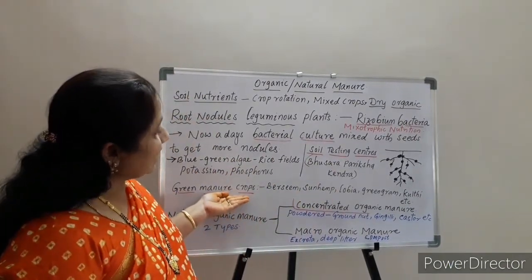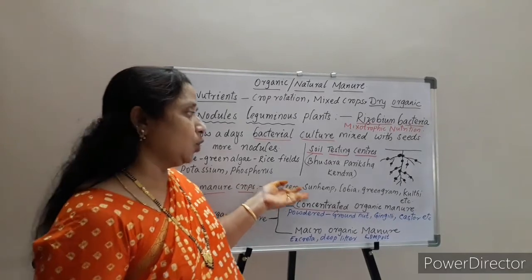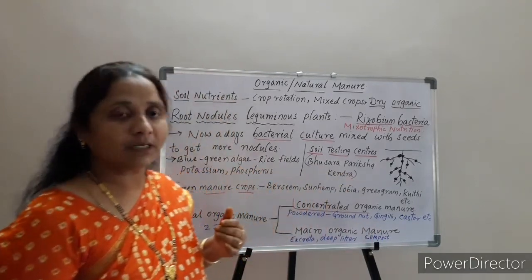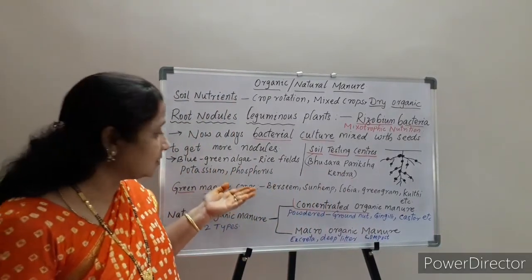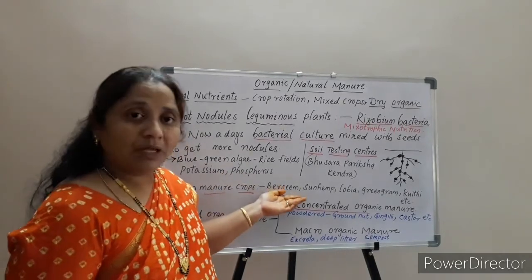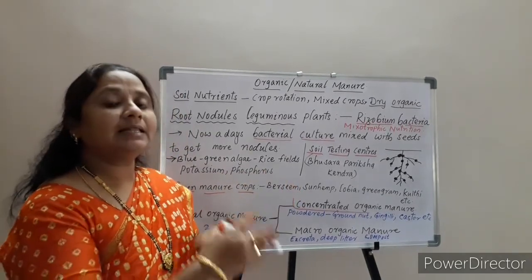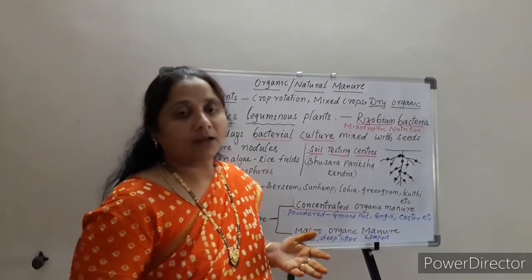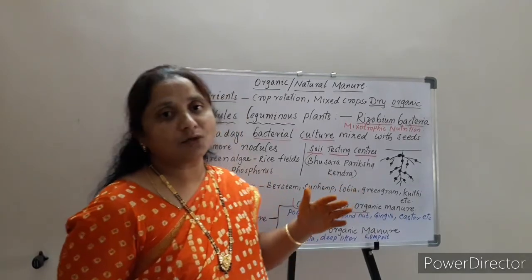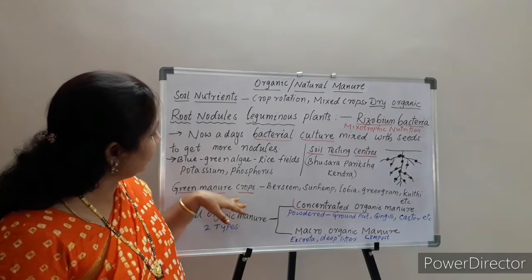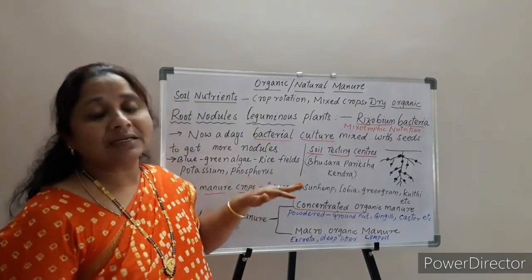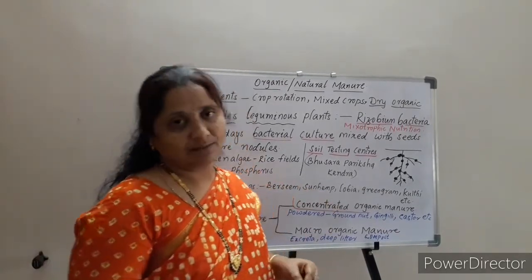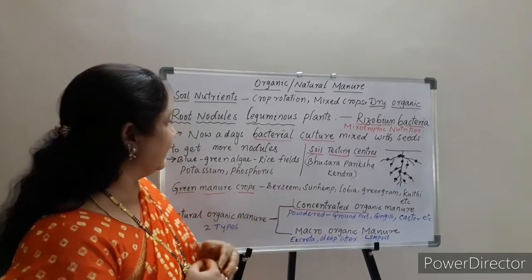Green manure crops include berseem, sunhemp, lobia, green gram, kulthi, etc. These all come under green manure crops. When these crops are grown in the fields, after their harvest they are plowed back into the field. When plowed back, they decompose in the soil and increase the fertility of the soil. In this way, green manure crops are also helpful to increase soil fertility. Most of these green manure crops are leguminous plants, which increase the fertility of the soil even more.